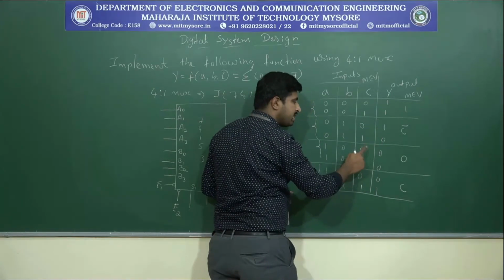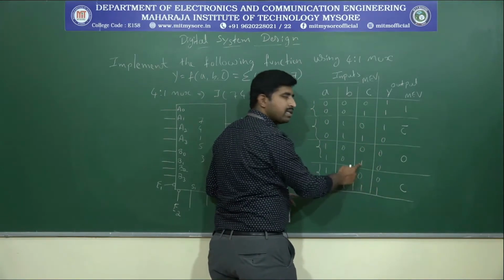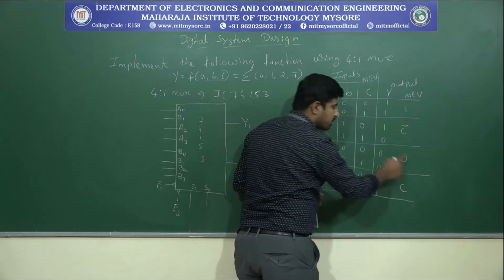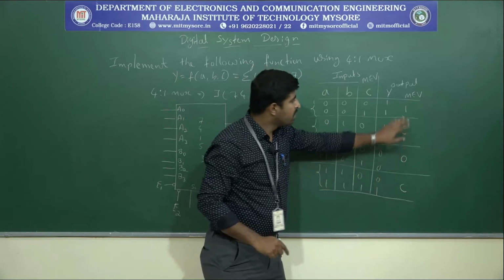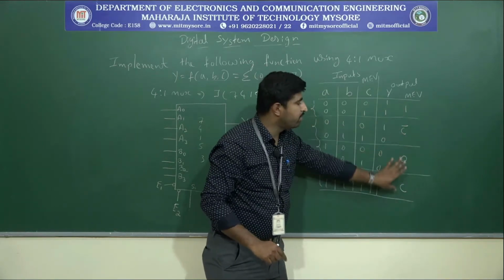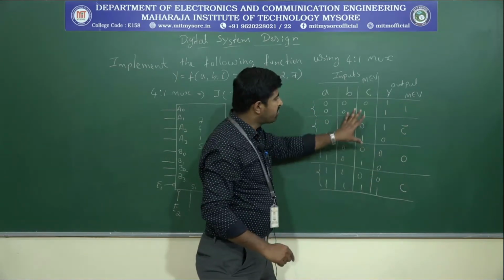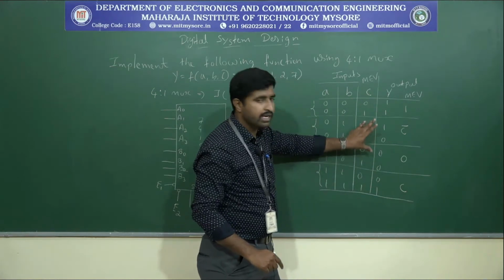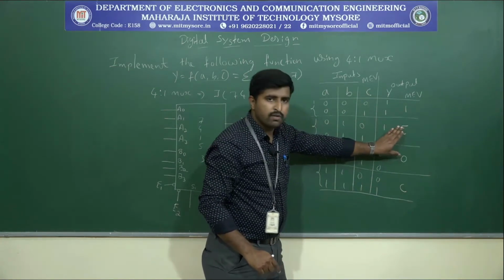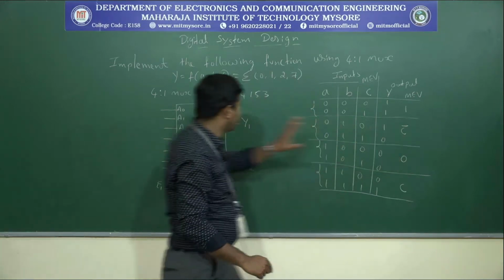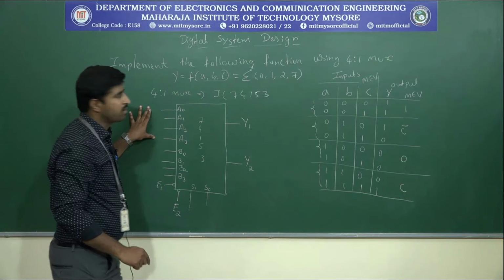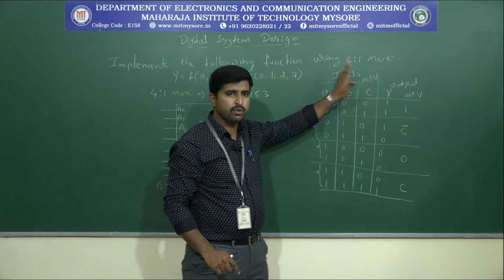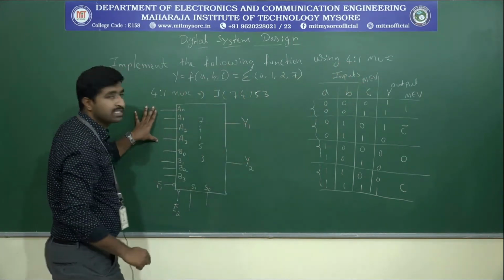So here also when the C is 0, output will be 0. When the C is 1, output will be 0. So that's why here also we represent it as a 0. Okay. So this is called a map entered variable output. Now we converted the 8 outputs to 4 outputs. According to these 4 outputs, we will write the corresponding inputs to these 4 inputs, because we are going to use the 4:1 mux. Okay, the 4:1 mux is enough for us.